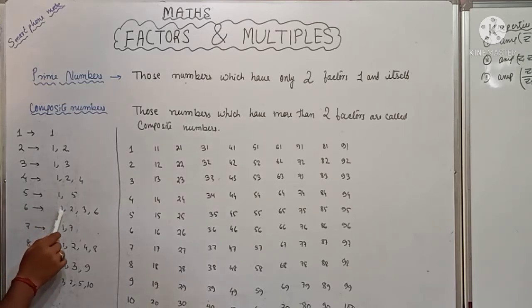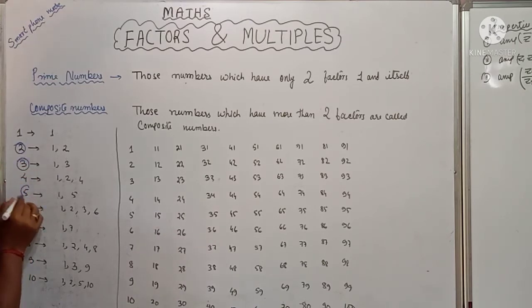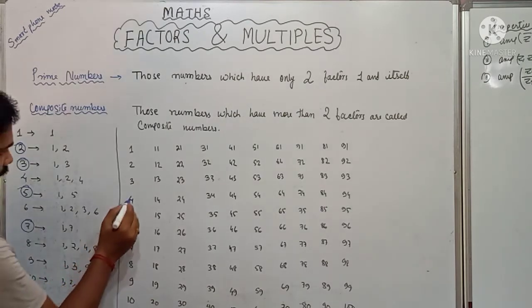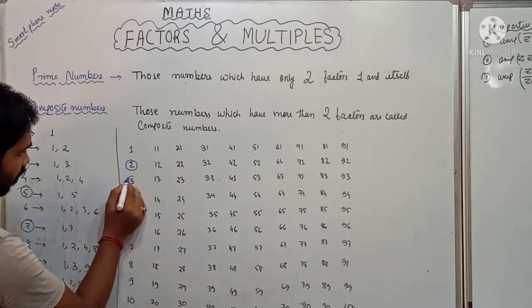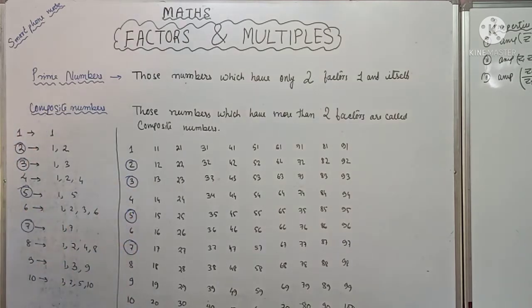Similarly, 7, 8, 9, 10. All these have 2 or 3 factors or more. Now we'll circle the prime numbers: 2, 3, 5, 7 are the prime numbers from 1 to 10. Now we will see in this list, we'll circle the numbers. So it is 2, 3, 5 and 7. Now with what method will we find prime numbers here?